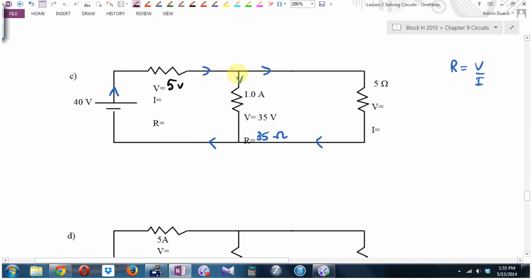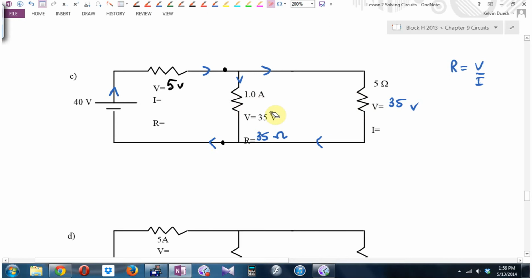Now, take a look at this circuit. Does the current split up right here and meet up right here? Look at the circuit. Does the current split up and meet up? Yep. So, Priscilla, my angel, how far from here to here in terms of voltage? How many volts do I lose going that way? 35. So, if I lose 35 volts going this way, and I can shake hands and meet up with the rest of the skiers, the current, how many volts must I lose going this way? This one here has to be 35 volts. We say that these two resistors are in parallel with each other, and parallel resistors will lose the